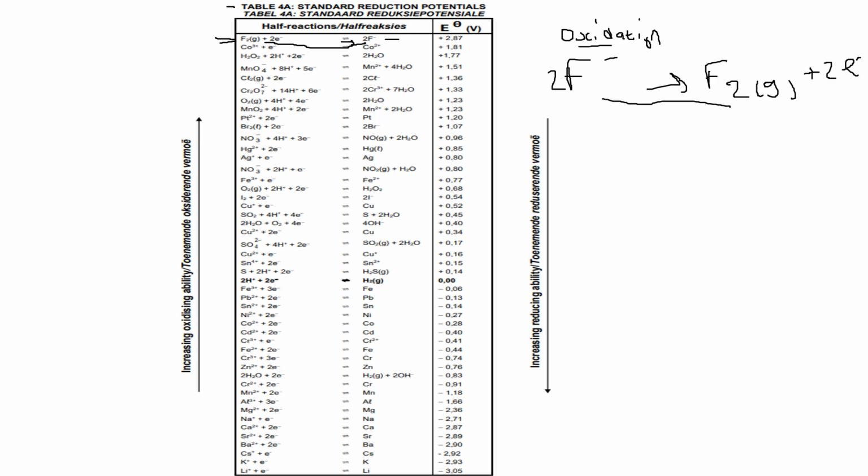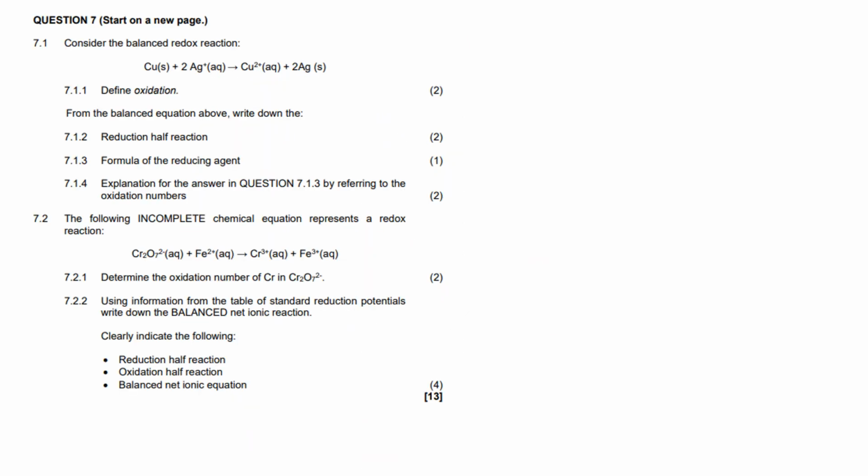Always make sure that you look for the element they're using. If they're using silver, which is Ag, you go and look at the Ag half reaction there. If they give the example of lead, which is Pb, you look for the Pb half reaction. If they are talking about aluminium, you look for the aluminium half reaction. So depending on the given example, you can look for all the different half reactions in the table. So let's try our first example. Let's say we are given a balanced redox reaction,